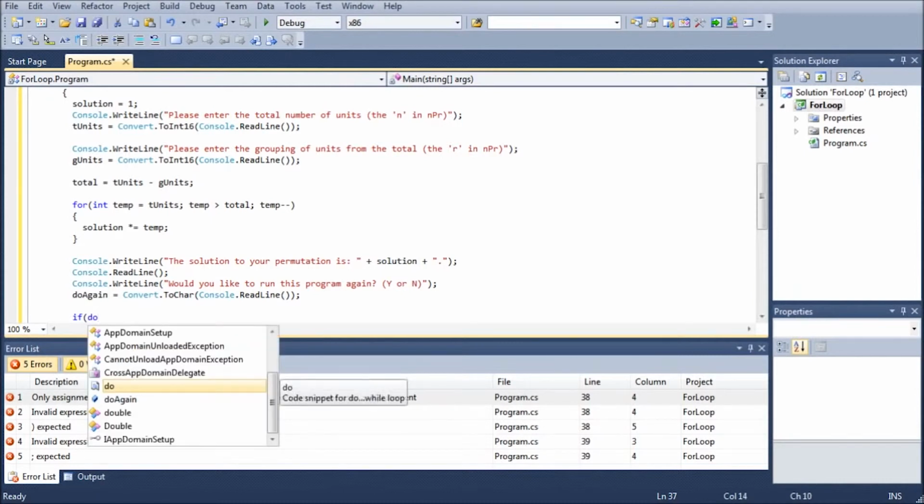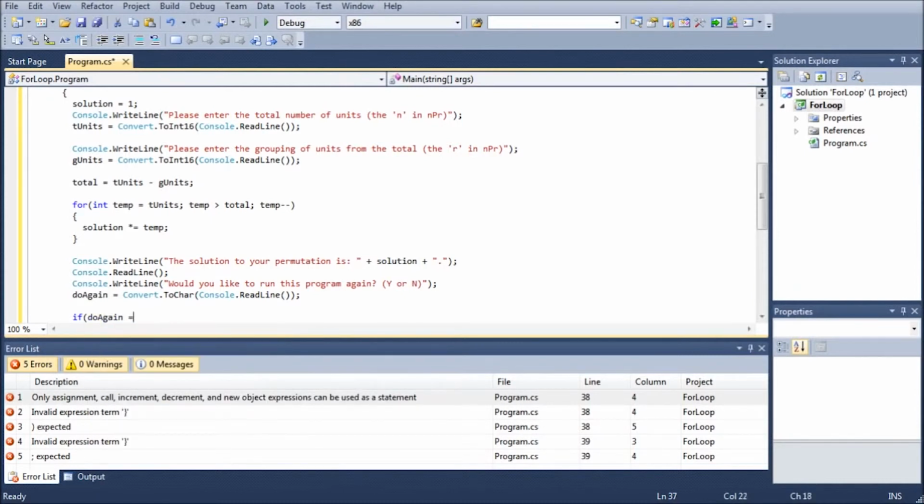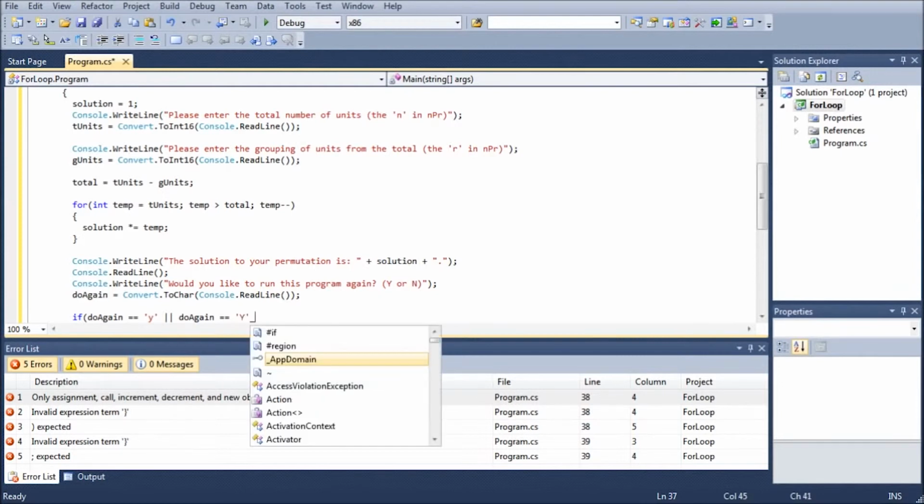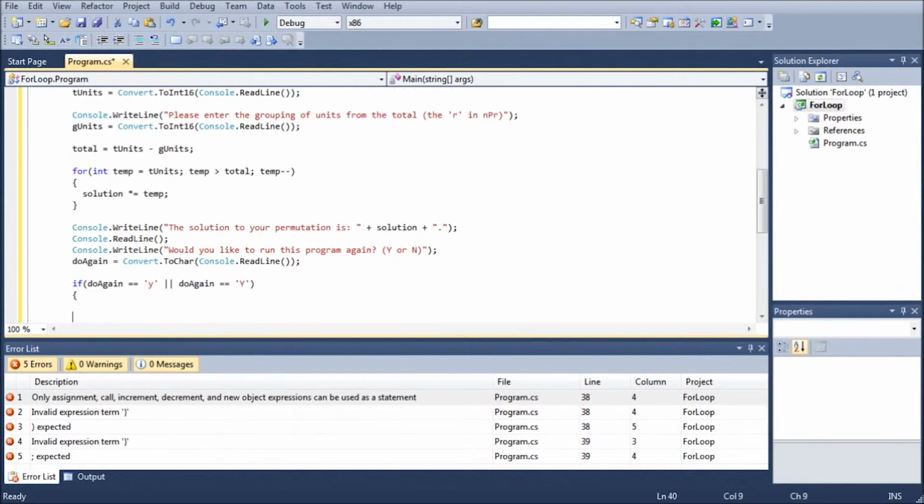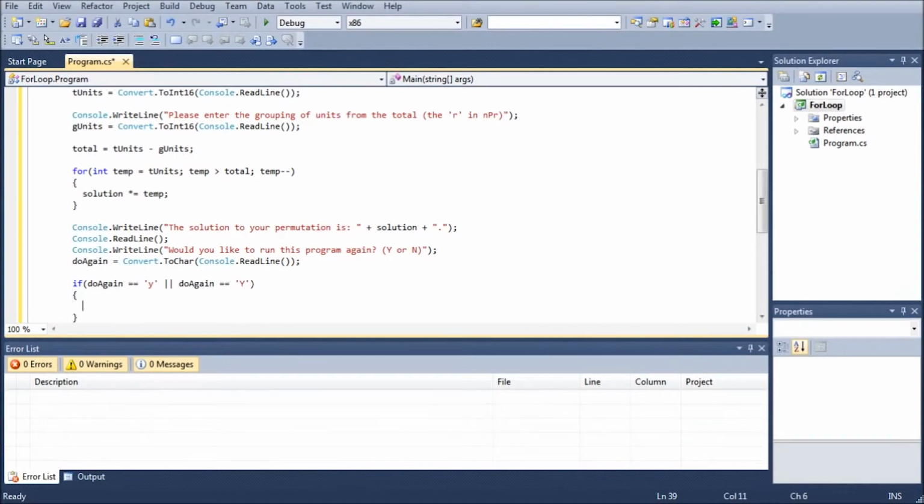Whereas last time we did the do again equals equals y, or do again equals equals capital Y,